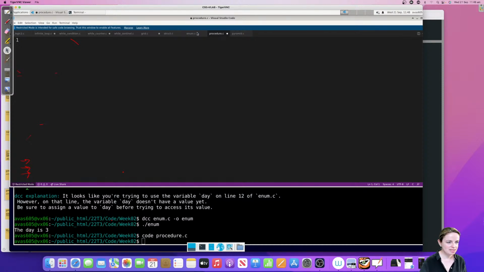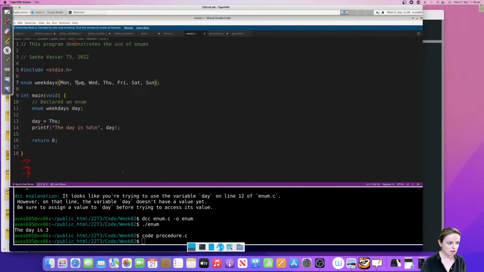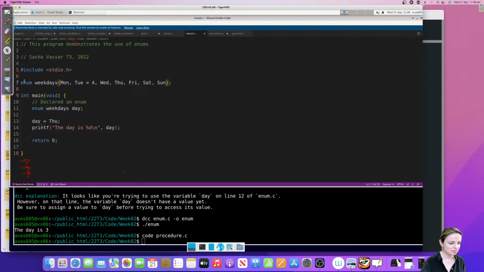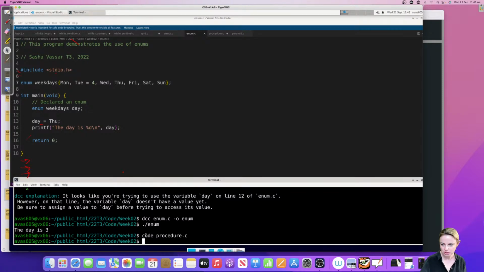Yeah, and as Tom is saying as well, they're ordered numbers. So if I force this one here, this Tuesday to be 4, okay, what do you reckon? And you can force numbers. What do you reckon the Thursday is going to be now? Let's take guesses. What's going to be the Thursday now?